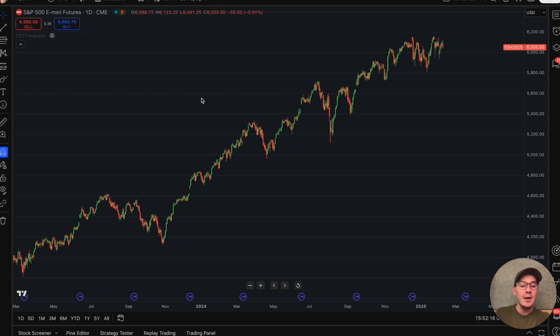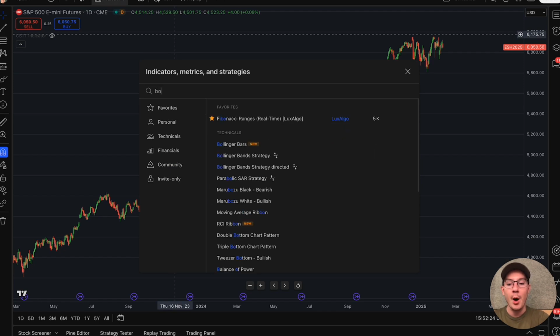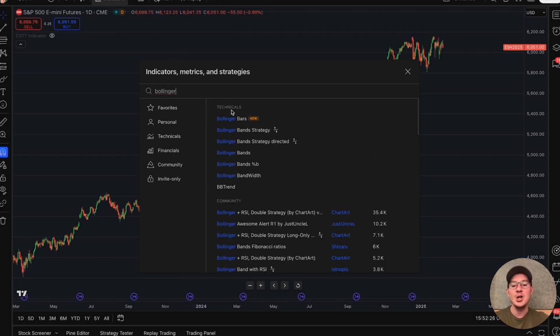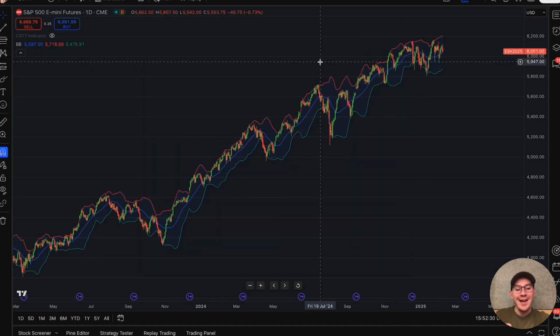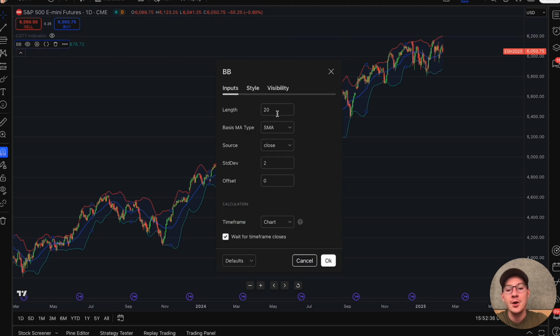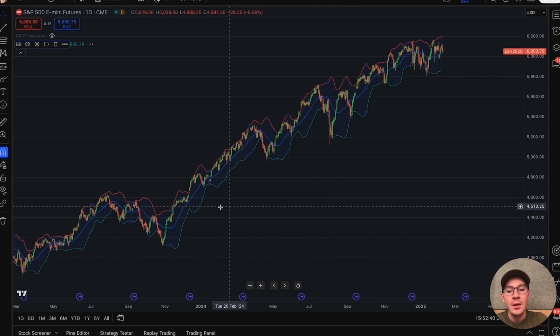Right here, this is TradingView. It's a free charting site, but you can also find this on any broker's chart that you look at, because it's very popular. Under indicators, look up Bollinger Bands, okay? Most people look at the bands like this, but if you change it just a bit, it can actually make it so much better. If you go to settings and you change it to 200 instead of 20, this then